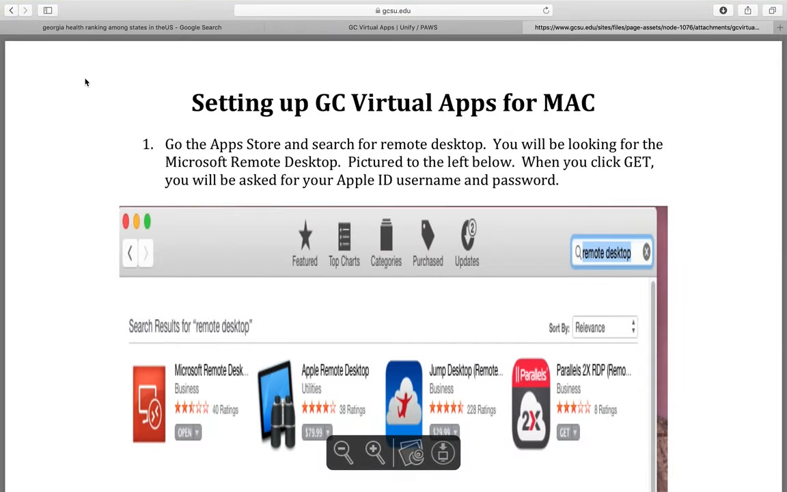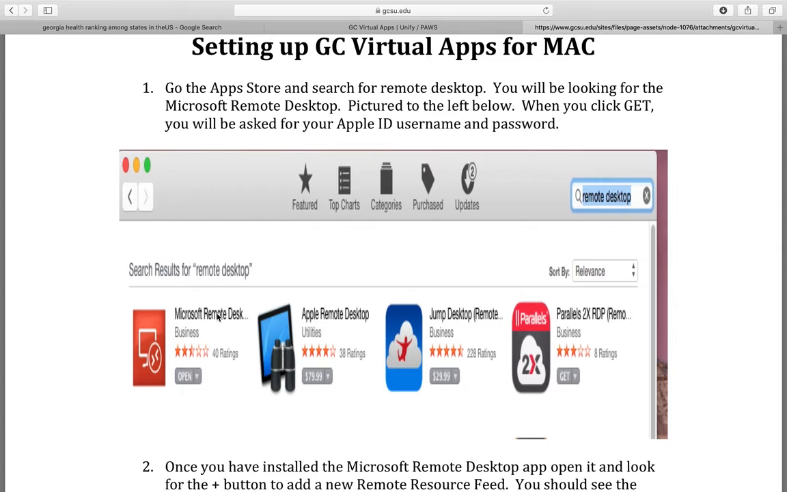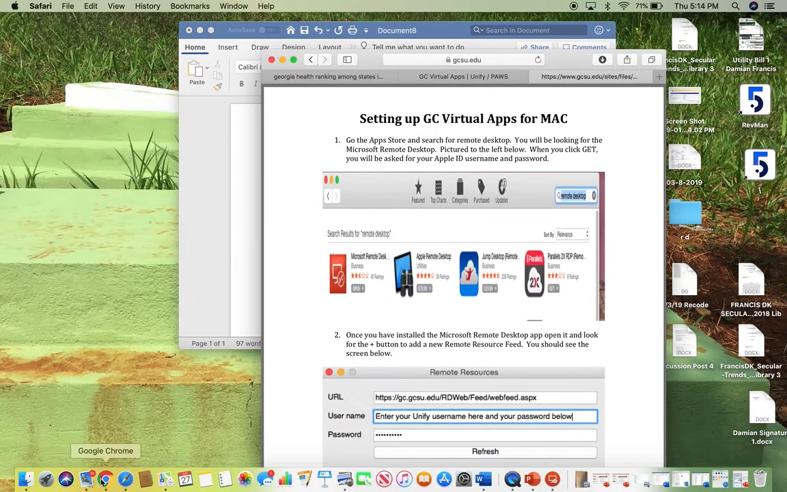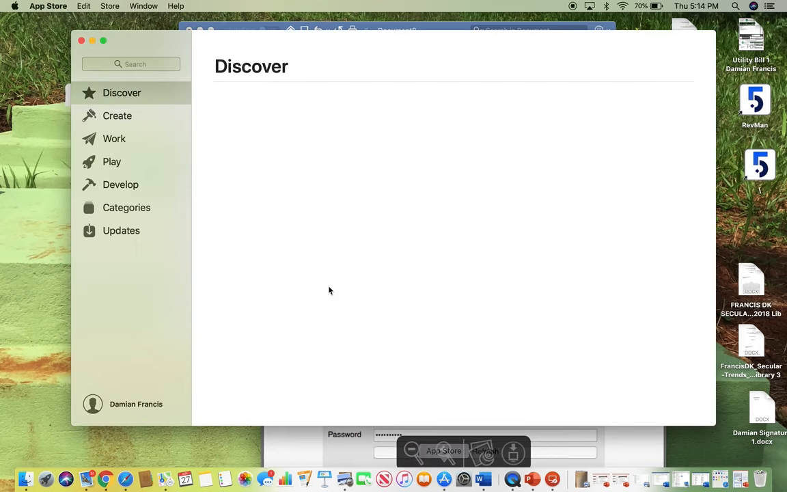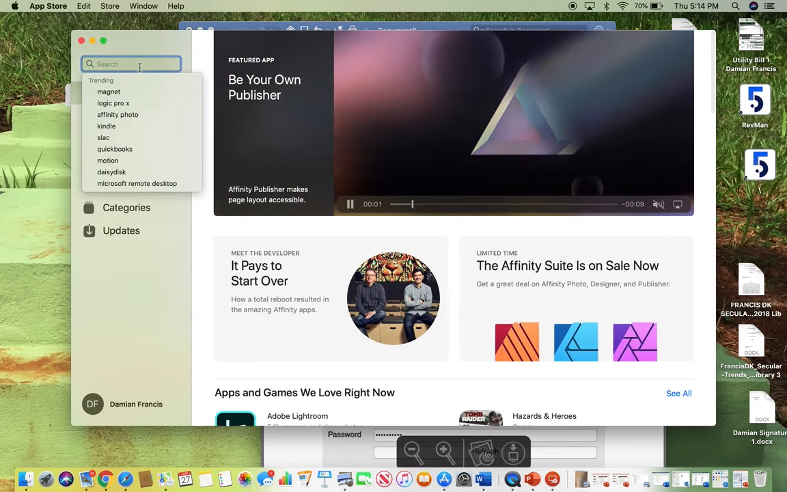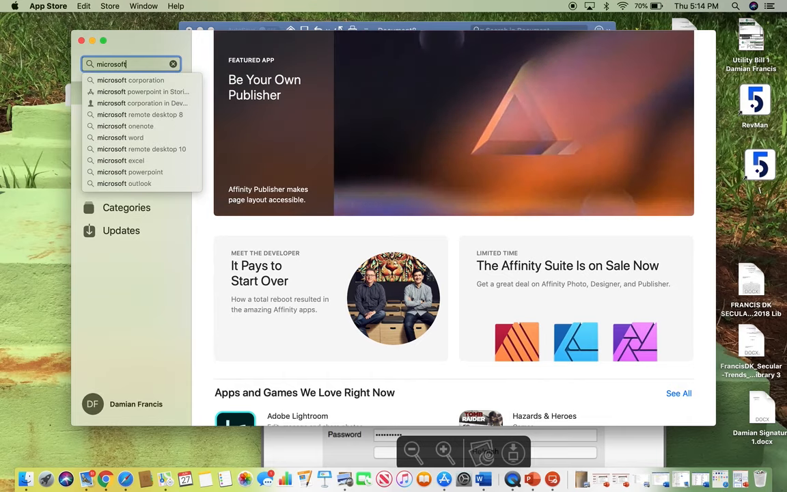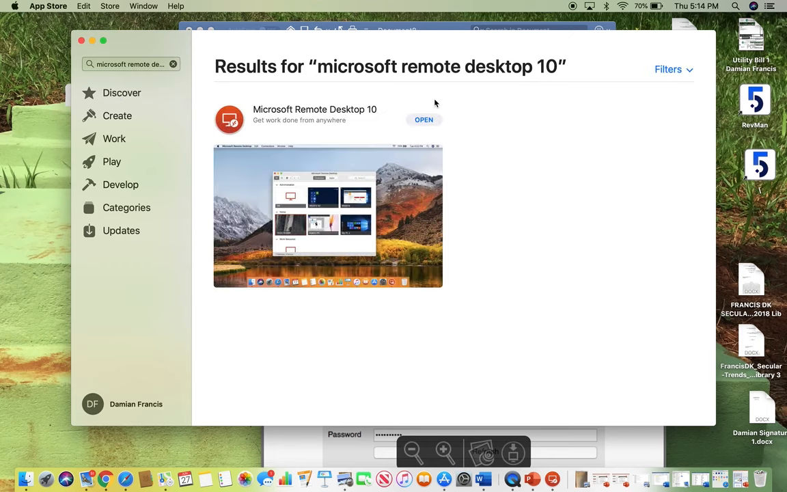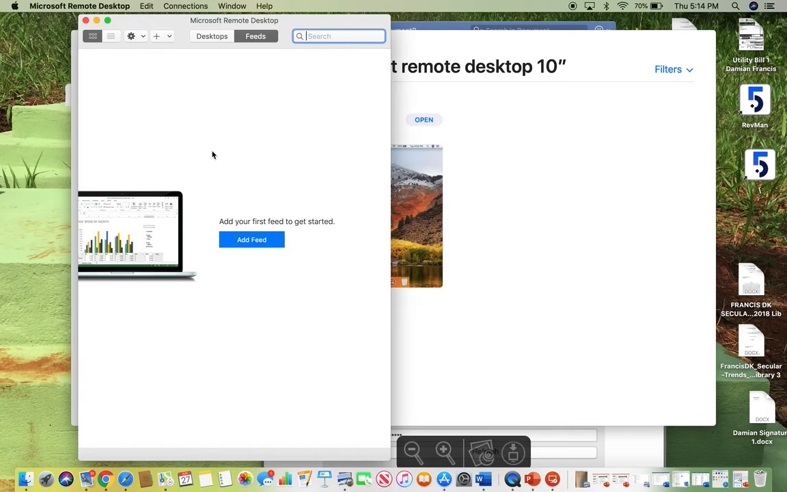The Mac instruction says I need to download a Microsoft Remote Desktop. So I'm going to go ahead and do that. So I go to my App Store and I want Microsoft Remote Desktop. I'm going to choose 10 because that's the latest. So once I've downloaded that onto my Mac, I go back and take a look at